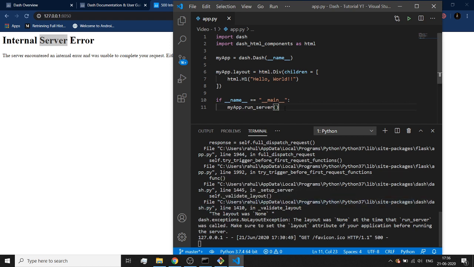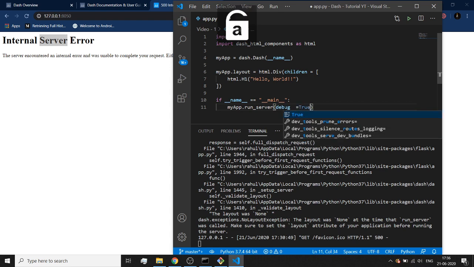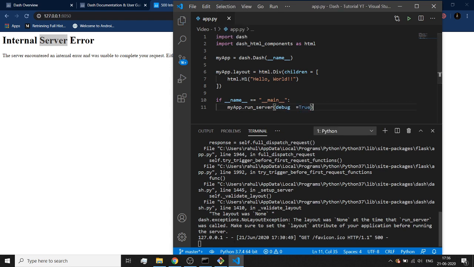If you do not want this behavior, you can specify debug equal to true. In this way, you do not need to break the server each time you make a change. Your changes will be automatically detected. So I'm going to break this server right now by doing Control-C.